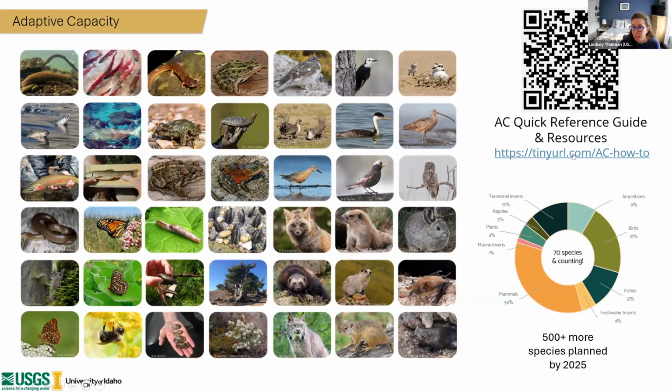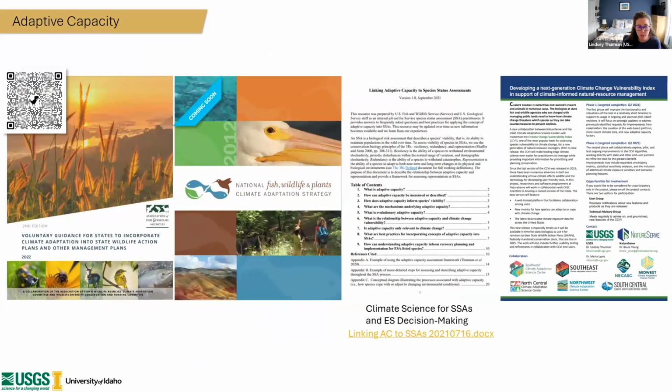So in this little tiny URL here, we do have a spreadsheet that lists out all the species that are completed and ongoing and planned, if you want to use that as a reference. We also have a lot of guidance out there, not only about adaptive capacity, but climate change vulnerability assessments in general. And if you're interested in those, I did help work on this voluntary guidance for states, for state wildlife